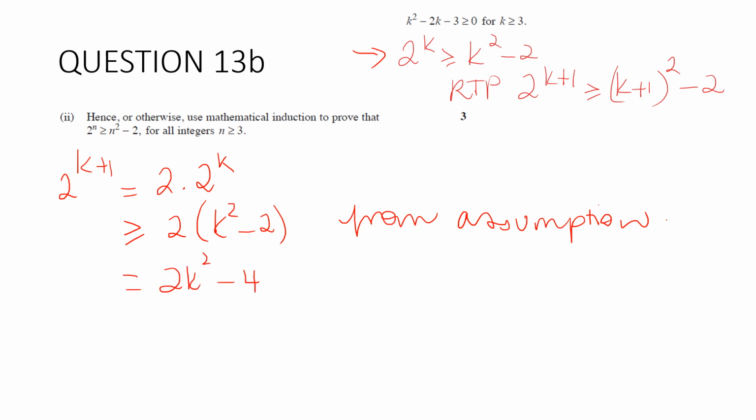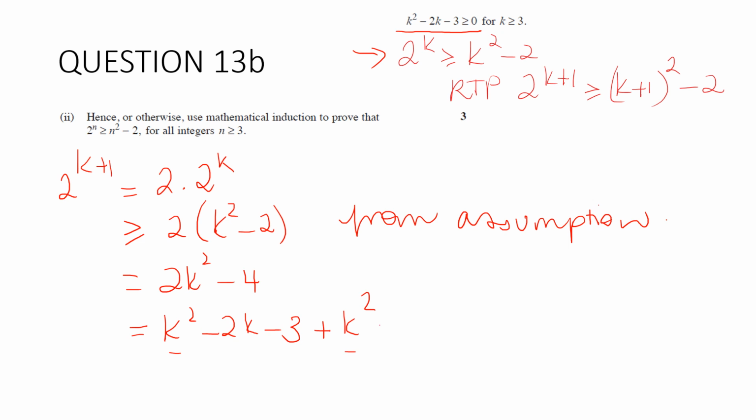Now we're going to use this part here. They gave it to us in part 1, so obviously they want us to use that, or it's a hint. So I'm going to make that out of this expression here. So 2k squared minus 4 is k squared minus 2k minus 3, plus k squared, which gives me the 2k squared,